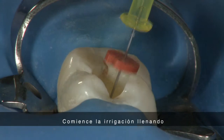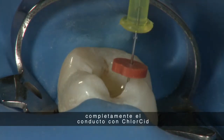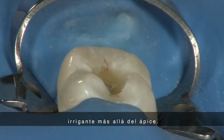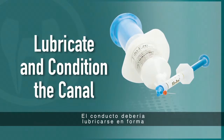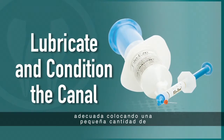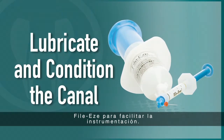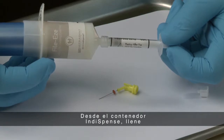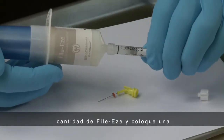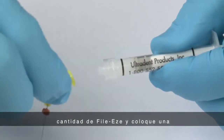Begin irrigation by completely filling the canal with Chlorocid, being cautious not to express any irrigant beyond the apex. The canal should be properly lubricated by placing a small amount of File-Eze to make instrumentation easier. From the InDispense containers, fill a 1.2 milliliter syringe with a small amount of File-Eze and place a 30-gauge Navi